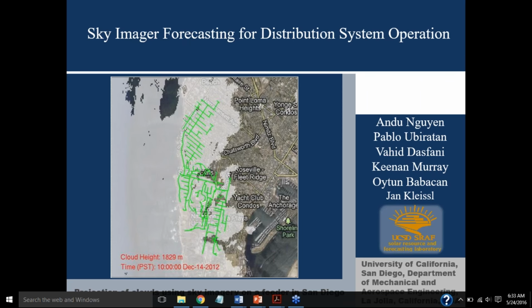And the link between those transmission and distribution systems is the substation, which is typically something you find in your neighborhood. It's a plot of land with a lot of wires and a lot of electrical equipment, big fence around it. So we're looking at the lines from there towards your home. And here I'm showing one example of a distribution feeder in San Diego. This work was done together with my graduate students who are listed on the right.